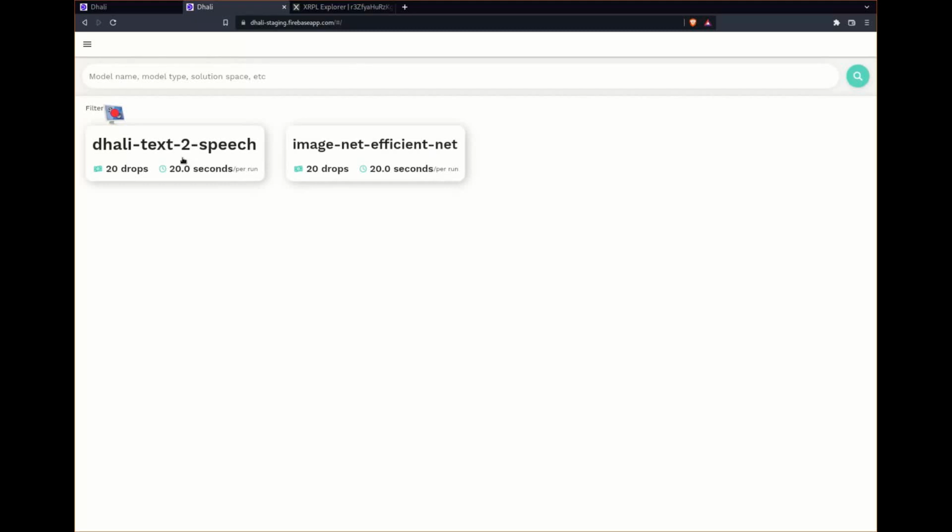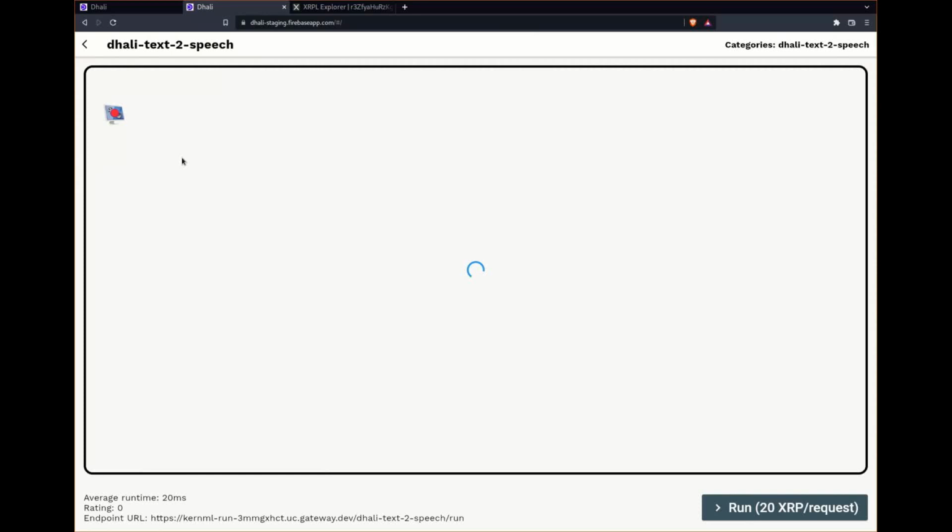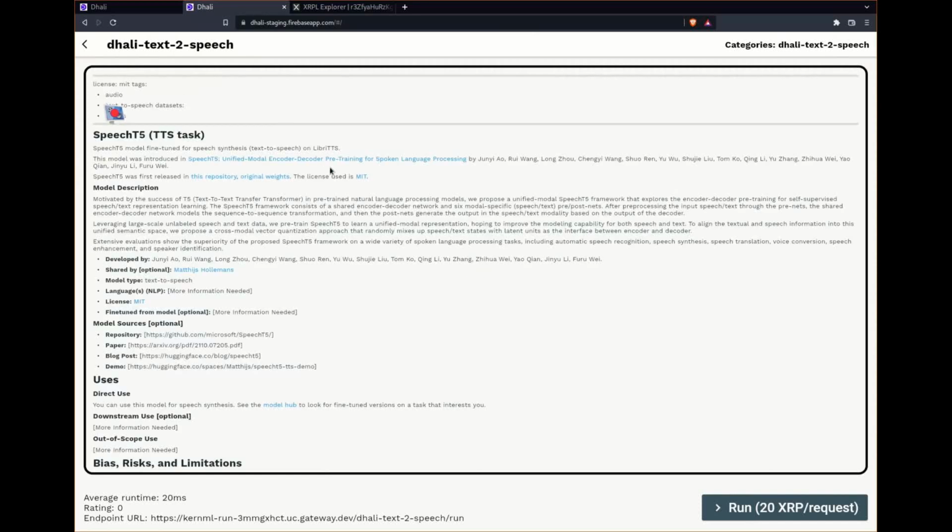So we set ourselves a challenge this weekend. Can we build something using DALI and the XRP Ledger in a couple of days? So I'm just going to click so you can see some information about this. You'll see here there's some documentation. This is just the model that we've used. You'll see more details about that when we demo the